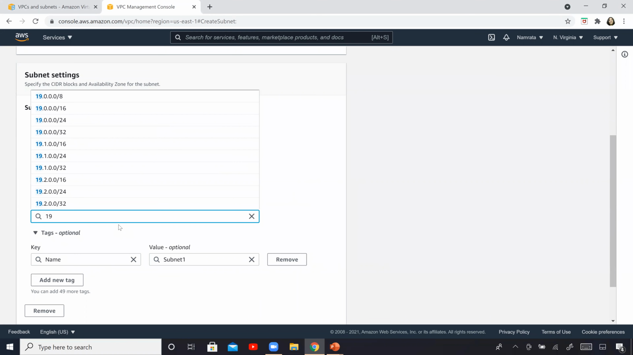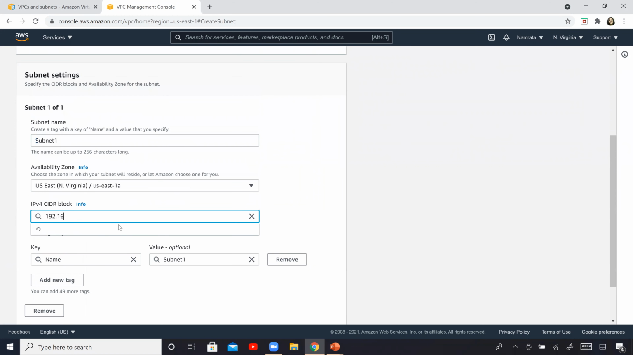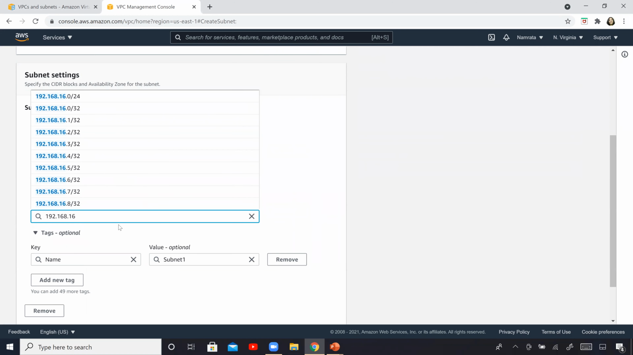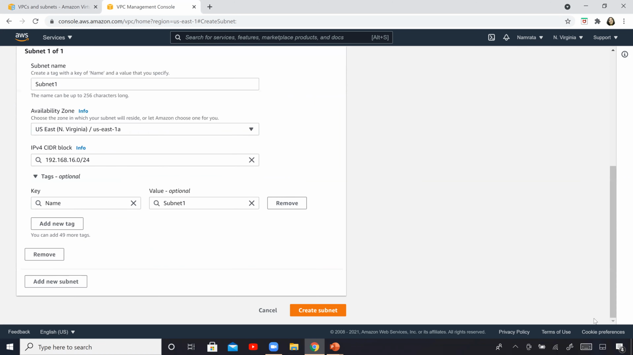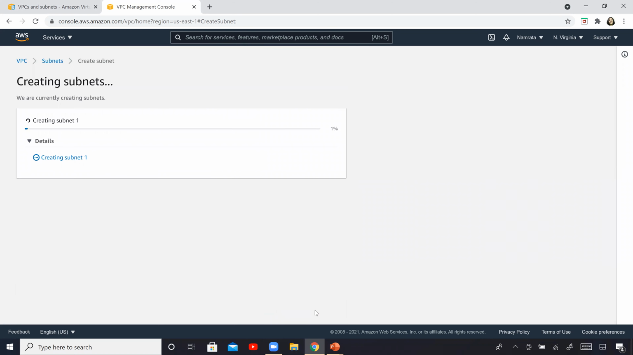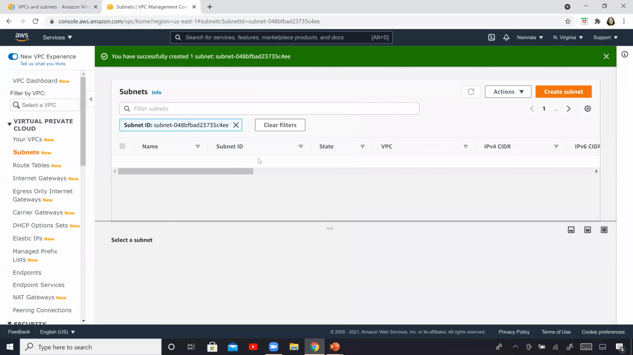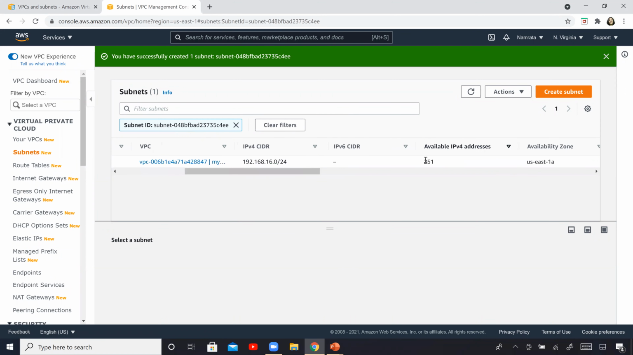So the subnet is going to be 192.168.16.0/24. This is going to be the CIDR block. Everything else looks good, and create subnet. So a subnet has been created. It's right here. And as you see, you have